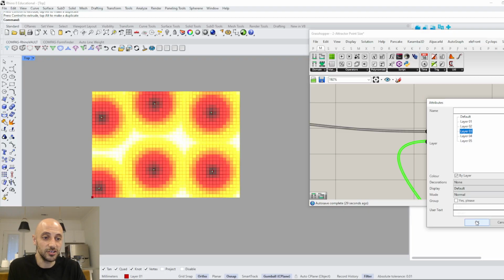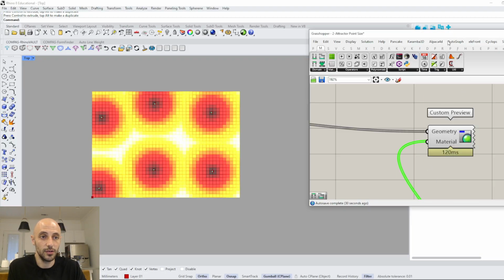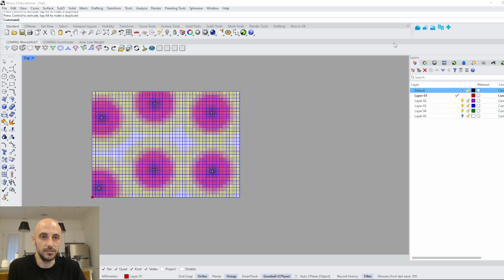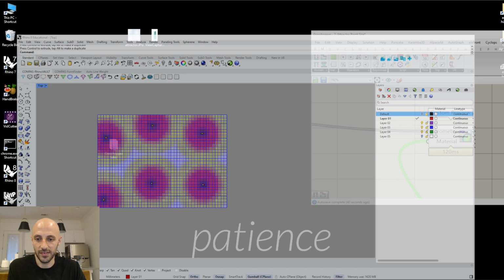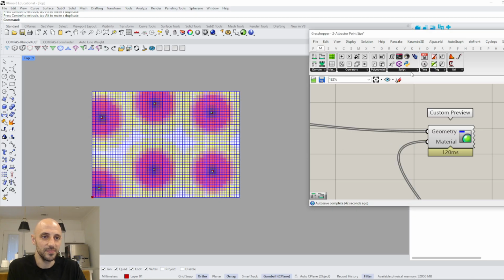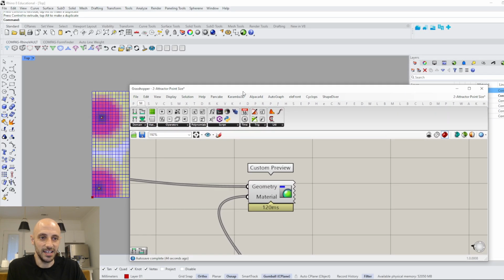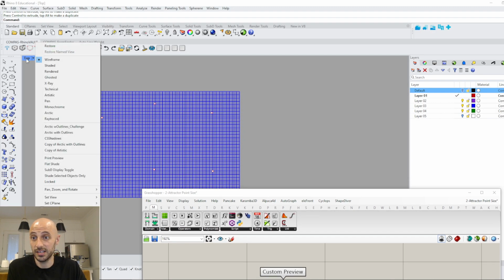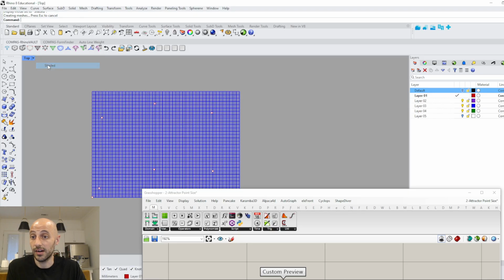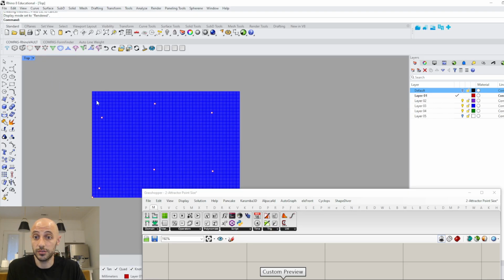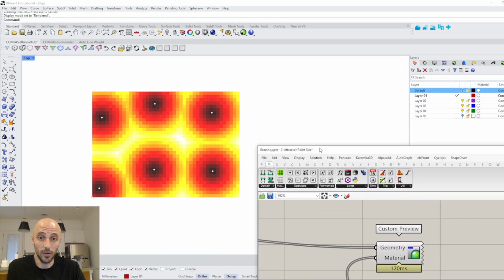And let's say layer 3. If we turn this off, we are starting to see them shaded like this. If I preview this off, we don't see anything because we are in wireframe. We go to shaded, and if we go to rendered, we have all these colors here in your Rhino